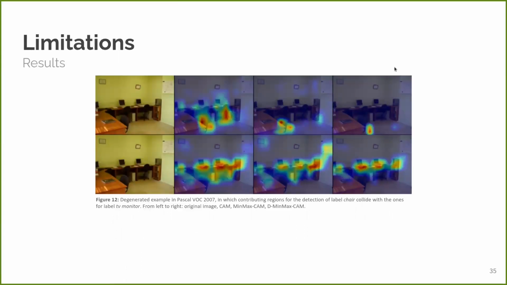Now on to limitations. MinMax-CAM is, by construction, the subtraction of contributions, and we work under the assumption that weights being subtracted are associated with different parts of the spatial signal AK. This assumption does not hold when the network has not learned sufficiently discriminative patterns for both labels, which can be caused by an unbalanced set or a subset of frequently co-occurring labels. In such scenarios, MinMax-CAM could degenerate the explanation map. Here's an example where the explaining map for a label chair is shifted to an invalid position,